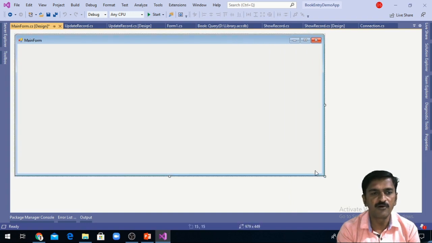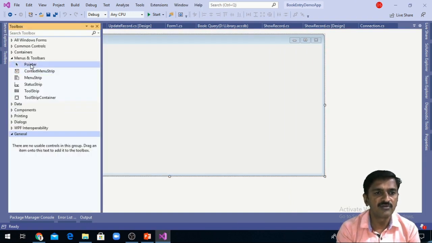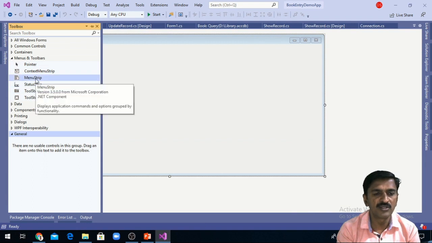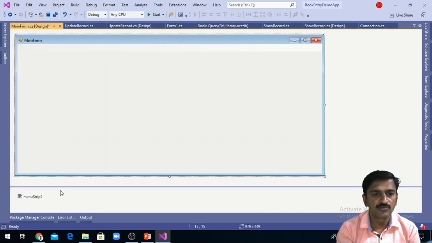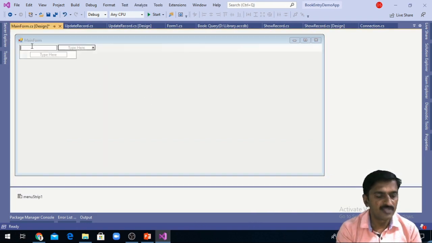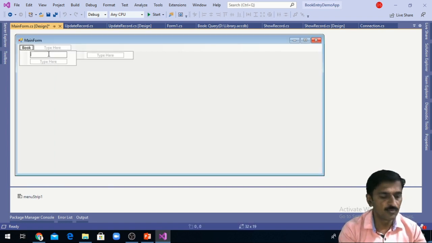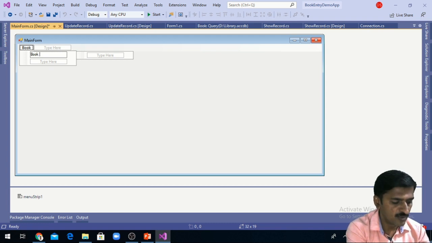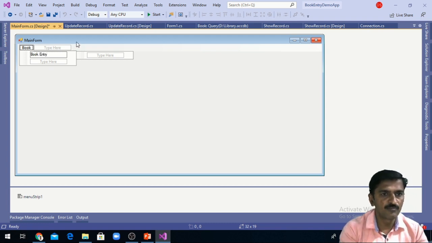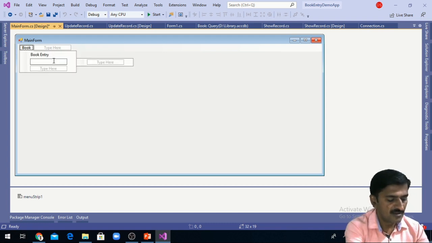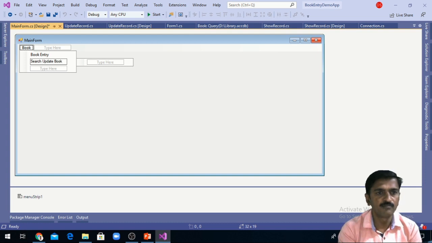To this main form, I want to design one menu. So for that, I'm going to click on the MenuStrip. So here is the menu. Then I'm specifying here Book as a main menu, then Book Entry as a submenu, and Search Update Book as a second submenu.